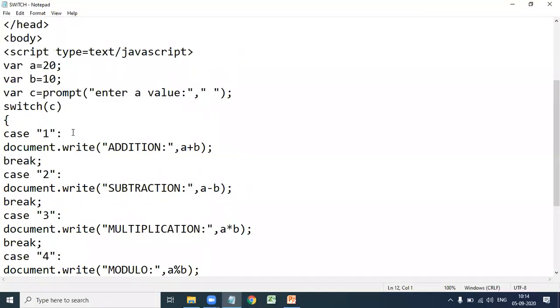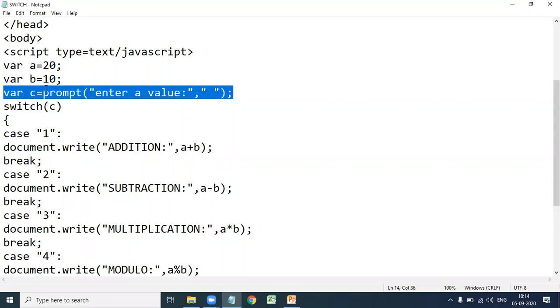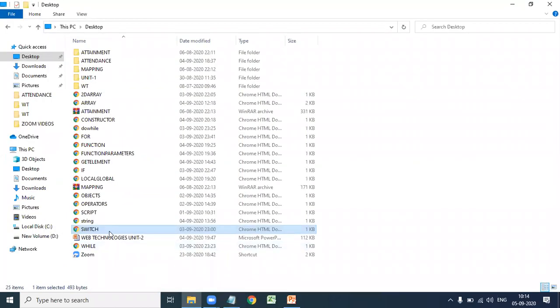So in switch case, first we take the input from the user using the prompt method. Based on this input, we perform different operations. Suppose if your input is 1, then it performs addition, and likewise the remaining. So let us execute this one.